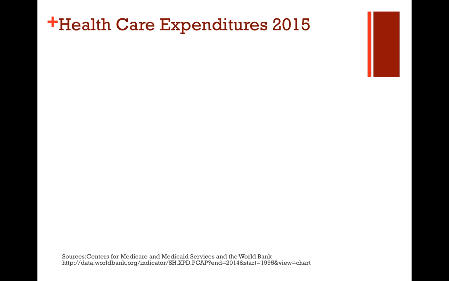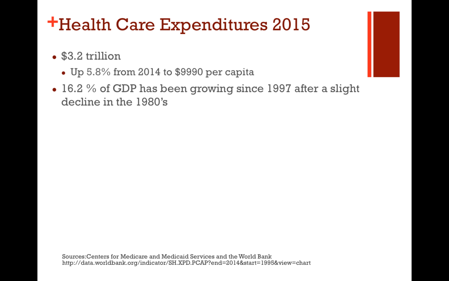And so thinking just for the latest data from 2015, healthcare expenditures in 1 year rose 6% to $3.2 trillion. Not million, not billion, trillion. And we're paying, as of 2015, almost $10,000 per person per year for healthcare expenditures. Our gross domestic product, that's how much of our money that we are spending, what percentage goes to healthcare, has been growing. We are at 16.2%.